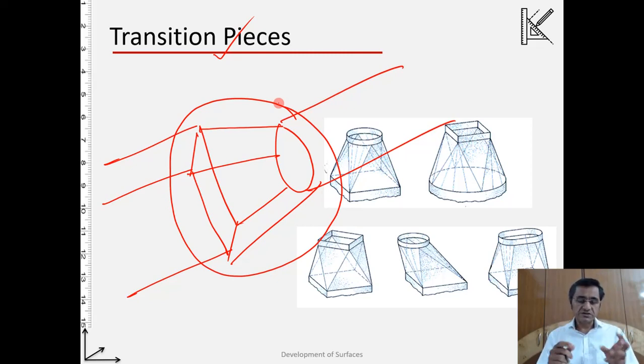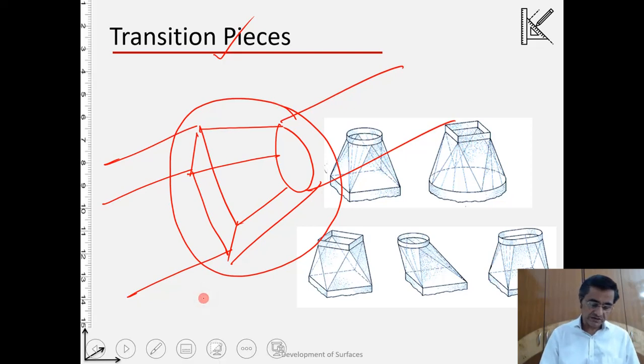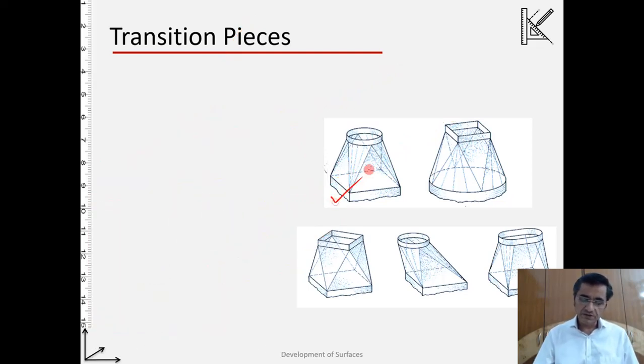Okay, so the transition piece that we are creating will look like one of these. So here in this example, a square is being transitioned onto a circle. Similarly, a circle is being transitioned onto a smaller square. So here they can be of different types. For example, here a rectangle is being transitioned onto another rectangle. However, the top rectangle is rotated. Similarly, here there is eccentricity between these two. So there can be different kinds of cases.